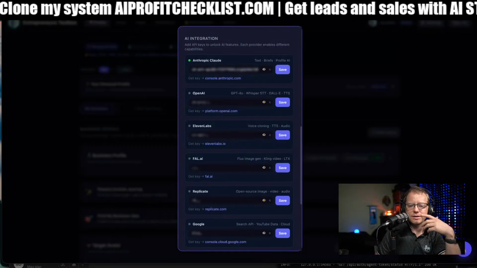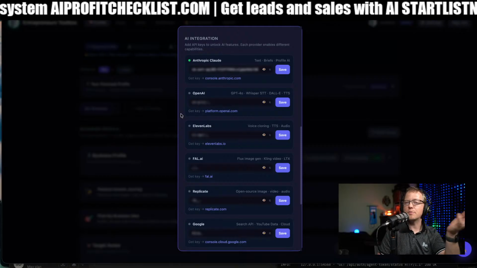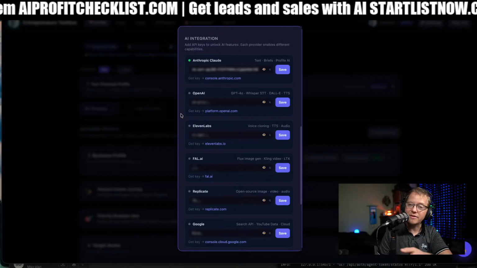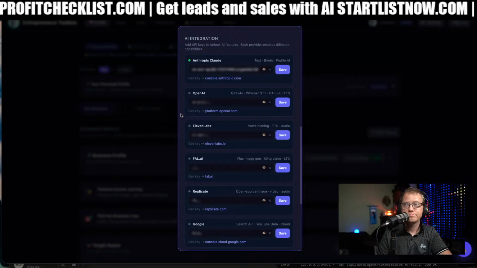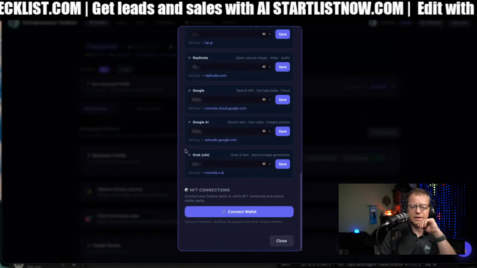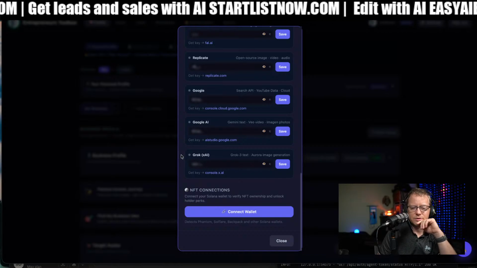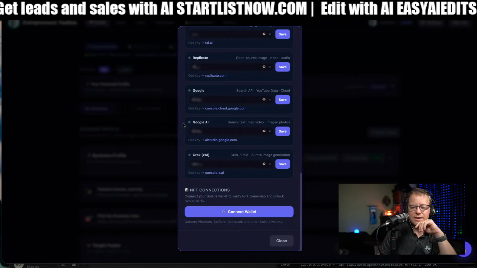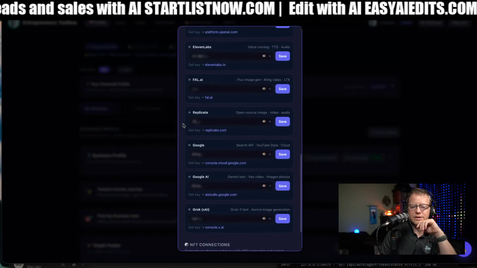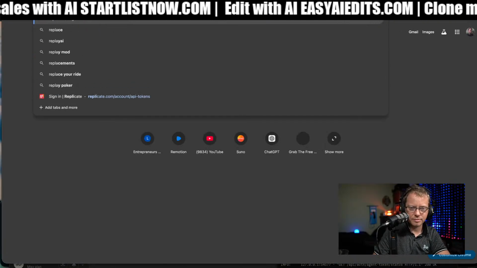The point is that now I could add that API in, and it adds in the capabilities of everything they've built on that platform. And I found that Algro, I think that they do a better job. But like you have Grok, which is XAI's API. You have Google AI. You have regular Google. You have Replicate, which, if you know what Replicate is, this is actually a really cool site, Replicate.